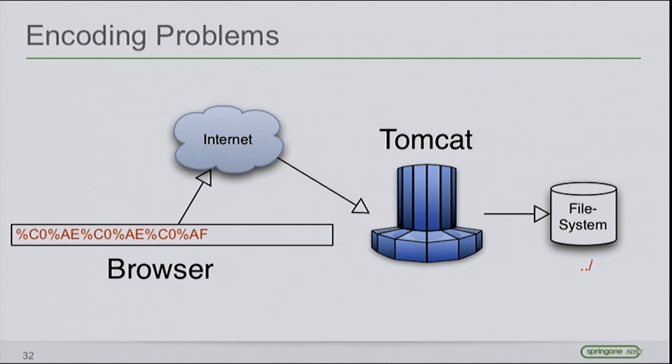And in Java, it was a Java bug. That's why all the web servers are affected by that. They basically treated that as a kind of invalid character. So that means if you have a Spring Security URL filter, it will not detect that one because it's just whatever. Doesn't mean anything. But on the file system, that will be replaced with ..